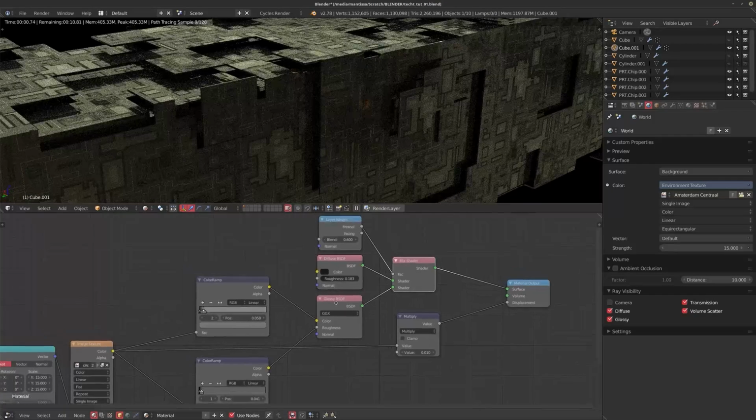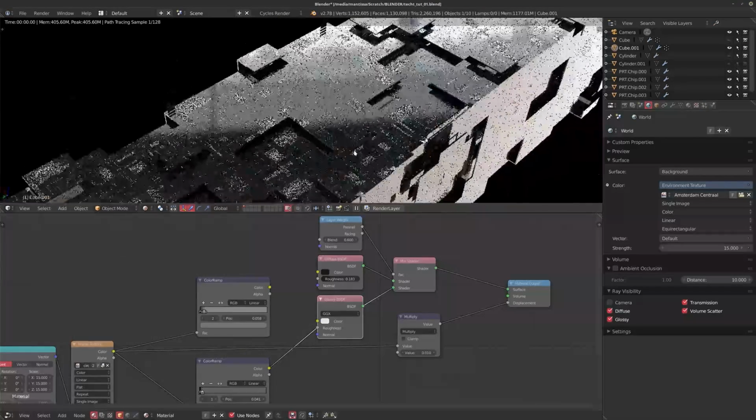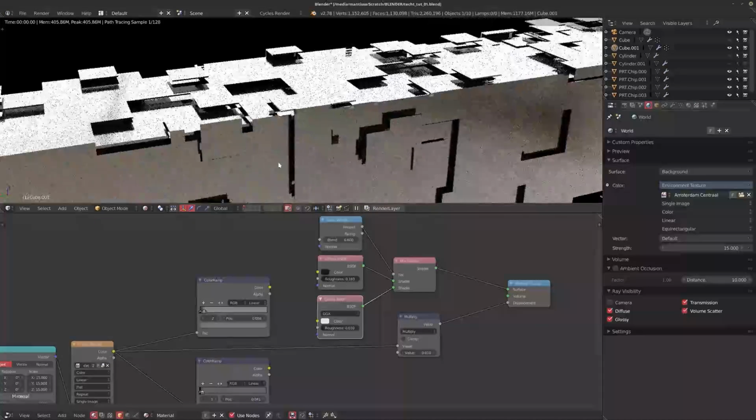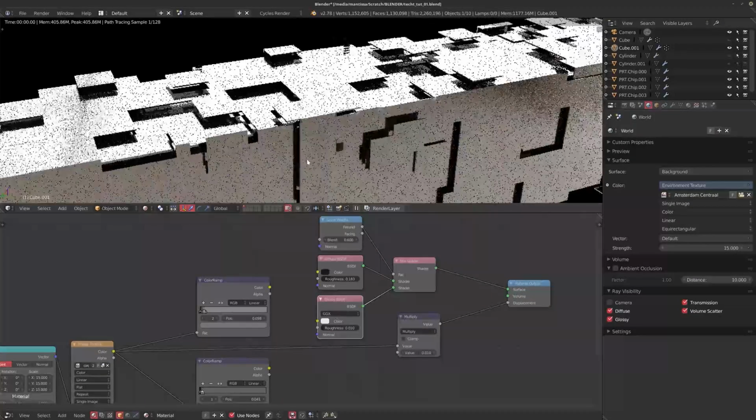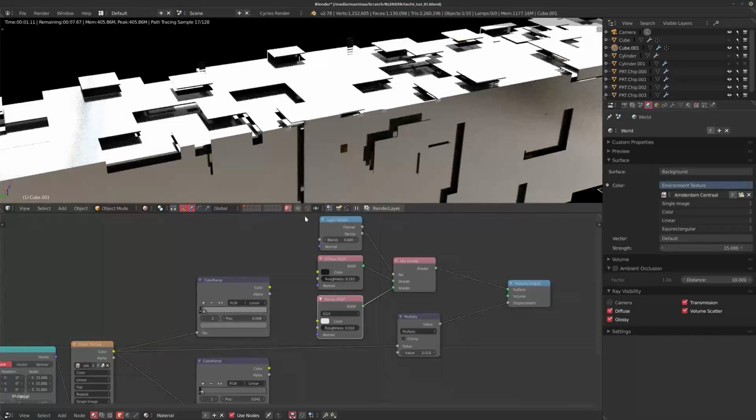Now if I just take away the color component here, you'll see it's just glossy all over. So I'm going to take away the roughness as well. This is the base shader, and as you can see it reflects quite hard. I tend to turn down reflections a little bit sometimes to get more interesting results, but obviously your mileage may vary.